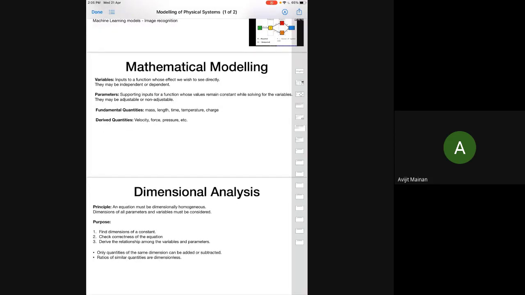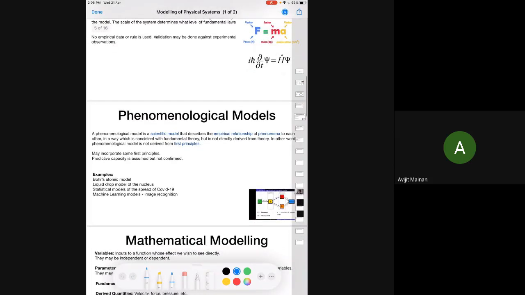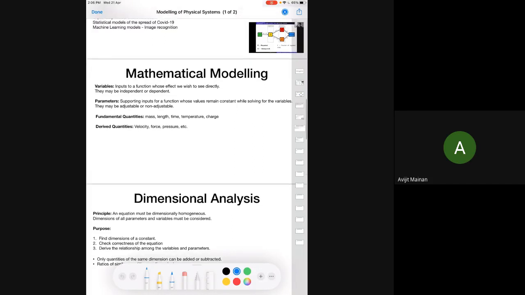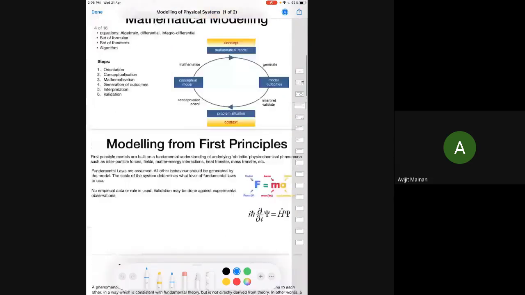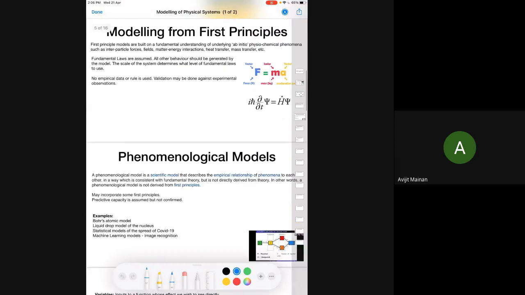Okay. So last time we spoke about modeling and the various types of models, and we said a little bit more about mathematical modeling because that is what most scientists do. And in mathematical modeling, we said there is a modeling cycle where you start by framing the problem, then you mathematize it, and then you finally use it to get outcomes, and then you validate the outcomes. Okay. Now, this is the basic structure of any mathematical model, but